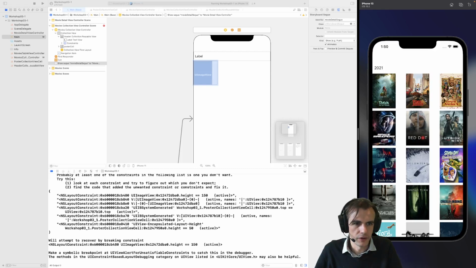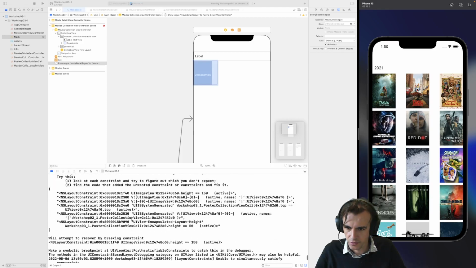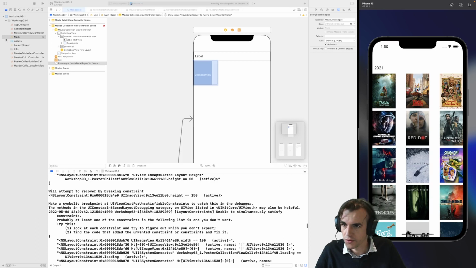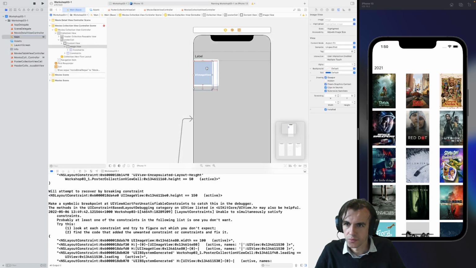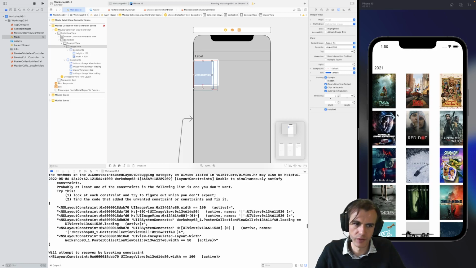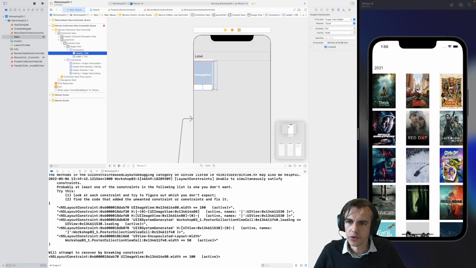And here we just have 3. So that's the collection view. I'm not going to change any of the code of that. We can fix up these constraints probably. Yeah, so what I'm going to do is delete these 2 constraints on my